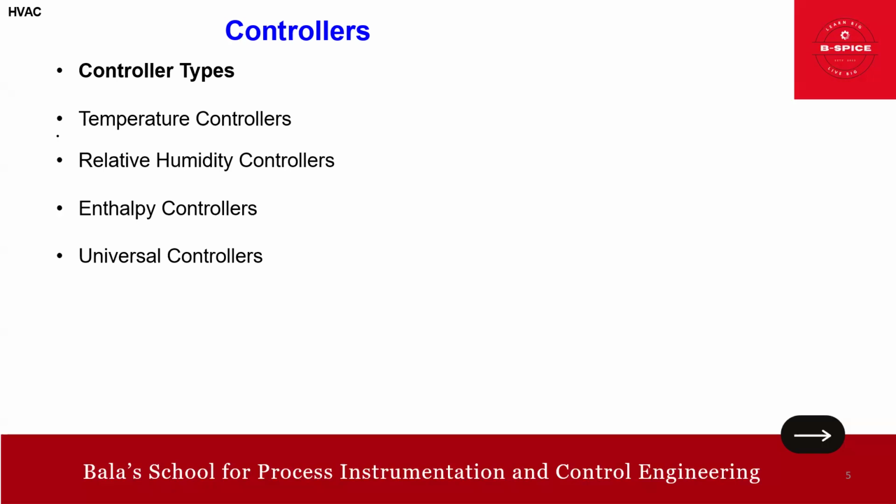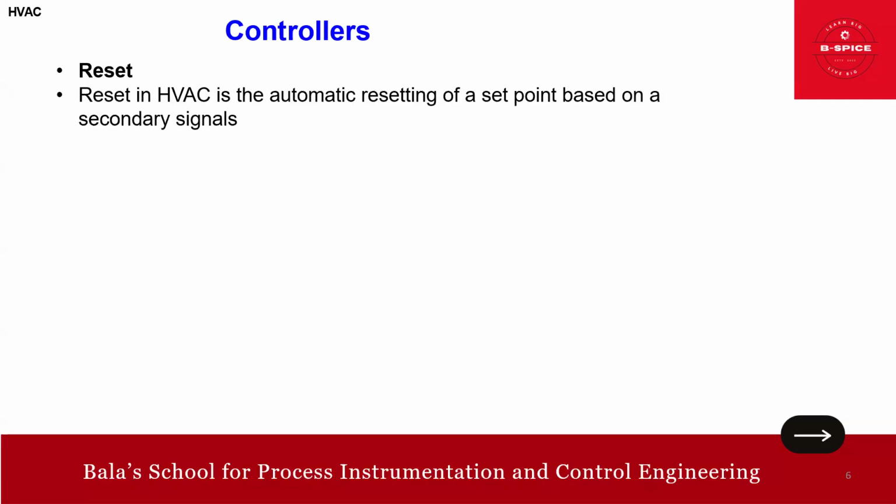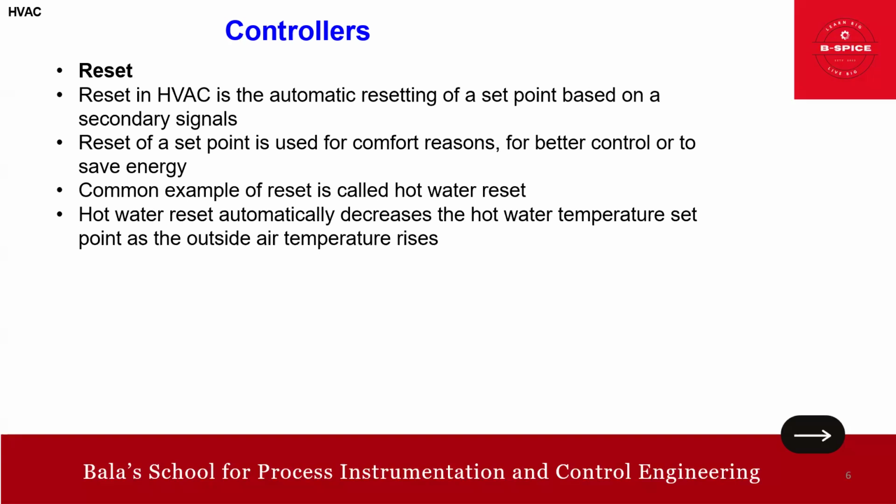Okay, right. So now we will go into the reset section. Reset is nothing but an automatic resetting of a set point based on a secondary signal. Okay. So reset of a set point is used for comfort reasons, for better control or to save energy. A common example of reset is our hot water reset. So what will happen? Hot water reset automatically decreases the hot water temperature set point as the outside air temperature